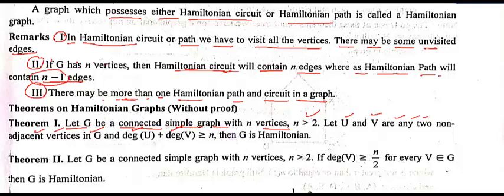Very simple. You can start from a small example also. Like you have this: n must be greater than 2, so we are taking 3 vertices, A, B, C. So what is the degree of A? Degree of A, these are the two adjacent vertices. You can take any two adjacent vertices. I am taking A and B. Like we have U, in place of U I am taking A. Even you can take U also. No problem.